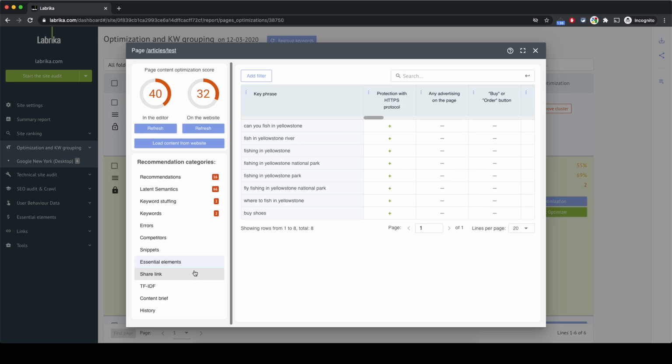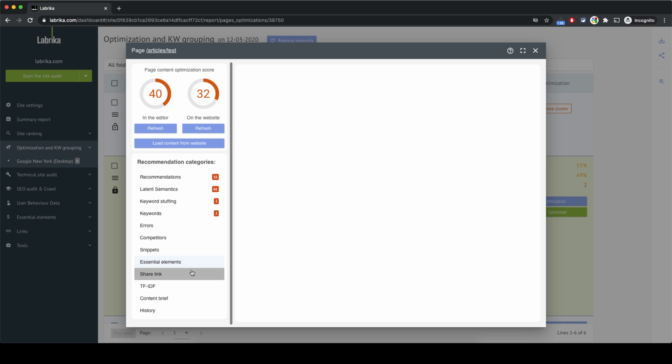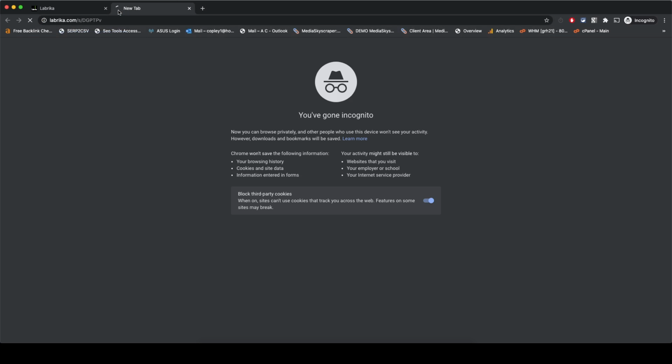The next section we're going to look at is the share link section. In here, you'll find a link to a report that can be given to any of the copywriters and will make sure that their content includes all the keywords listed in here. You can see more in the content brief of what the recommendations would look like. If you give anyone this link, it will give them a guest token and then access to the recommendations directly in this report. So if we go ahead and open that,